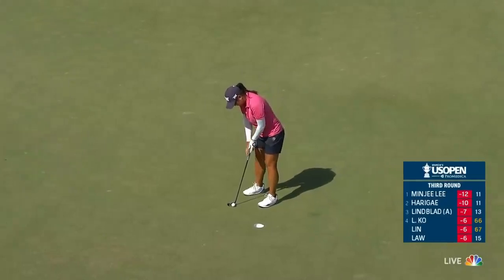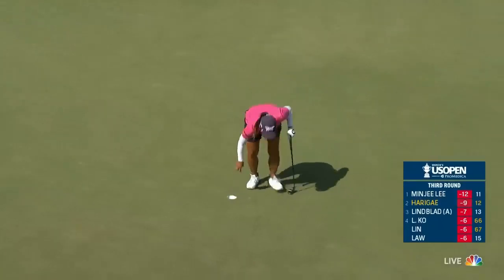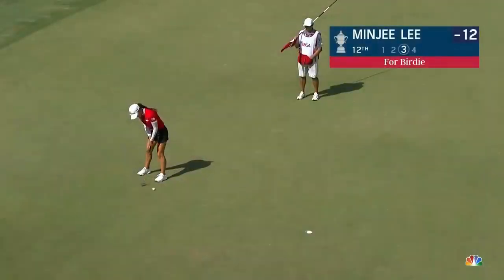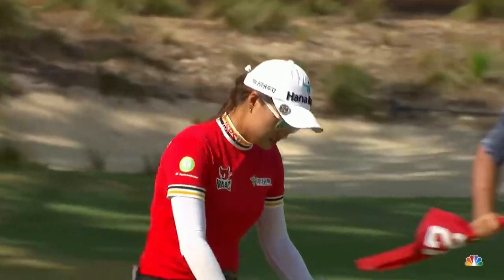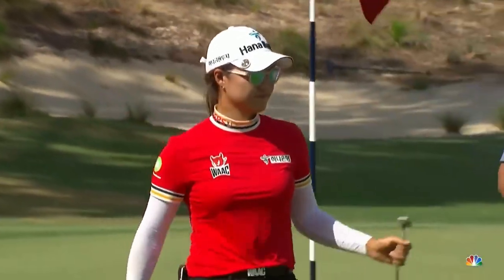She's going to have to remind herself right here, have Travis help her out, say, you know what, we got lots of golf left to play. Put that behind us. For birdie at 12 to get it to where she eventually finishes up at 13 under. So since 2000,